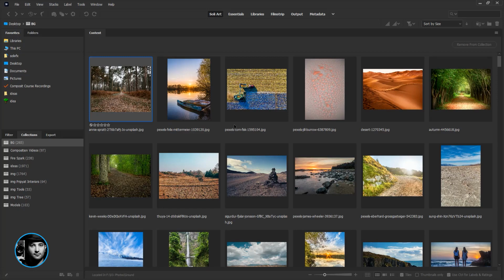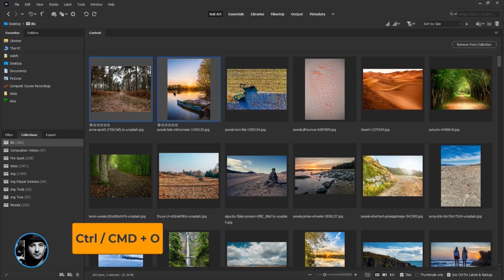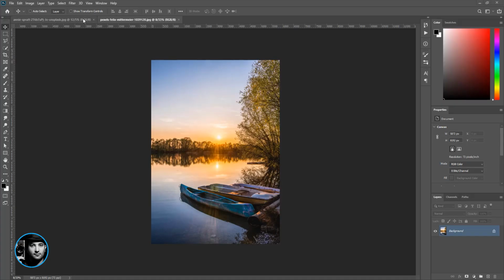Let's begin at Bridge and select the two images in order to open them in Photoshop. I'm holding down Ctrl/Command and clicking on this icon to add, disable, and enable the photo. And right now I press Command/Control O and wait for it to open in Photoshop. As you see, the images open up in tabs in Photoshop,